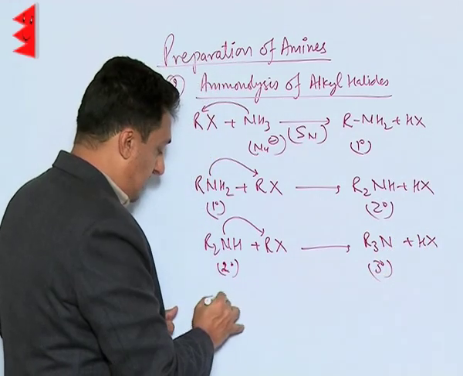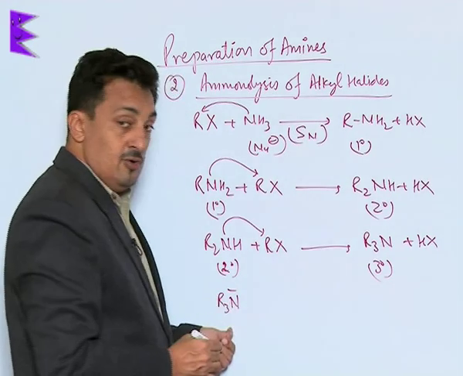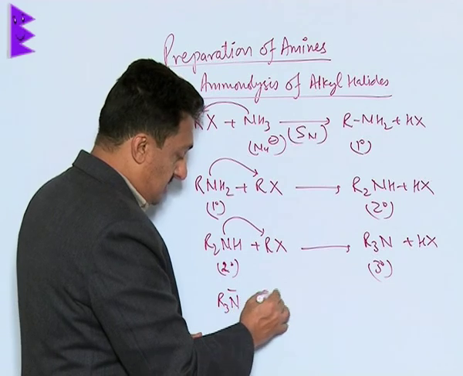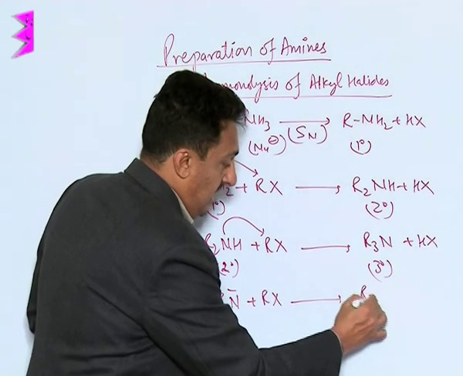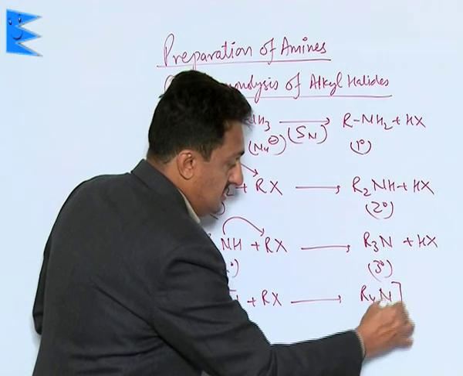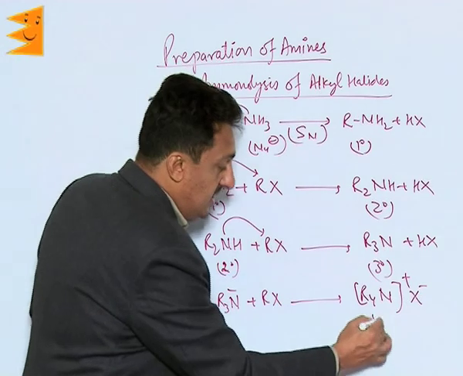This tertiary amine doesn't have any hydrogen, but still has a lone pair on nitrogen. Due to this, it still reacts with one more molecule of RX and forms this quaternary ammonium salt,